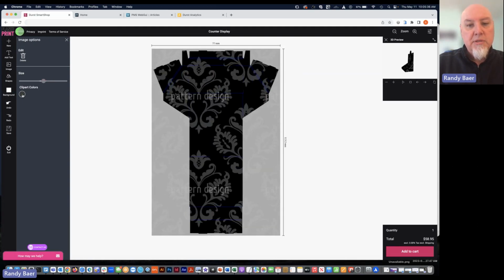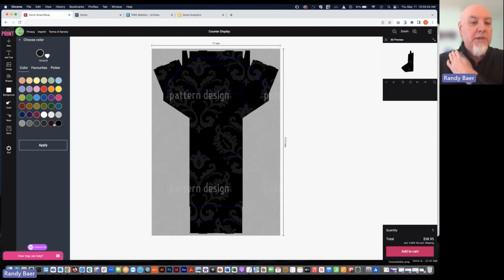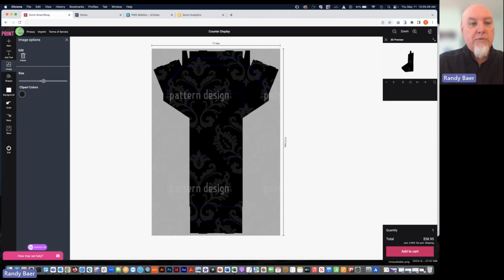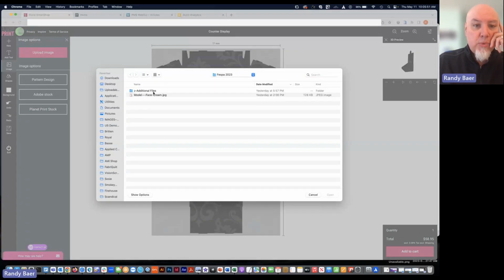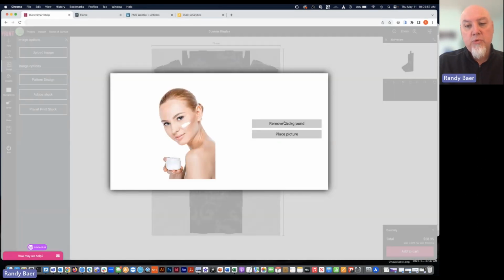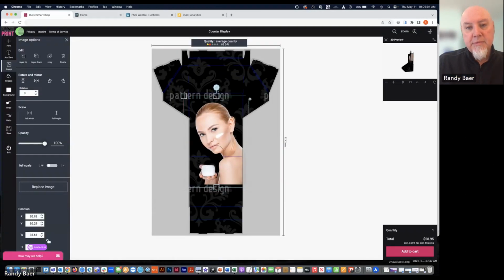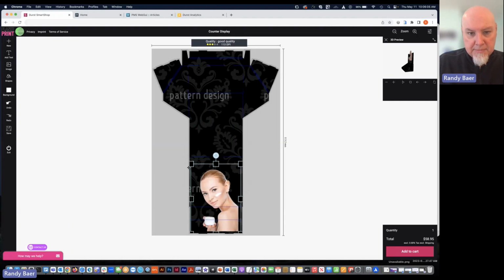Also, if we look at this, you can see there are certain colors that we can go in and edit as well. The customer can go in and maybe say, I really like this, but I want that background to be a little darker, because whenever we add the model for this, and again, I'm just going to upload one of my own files here as well. Upload her. We have a model. We're going to be selling some beauty cream. We'll remove the background on her. We'll place her. I can scale her down, put her into position on this.